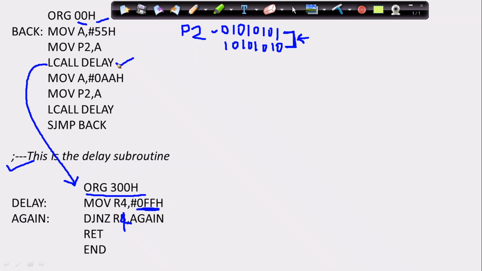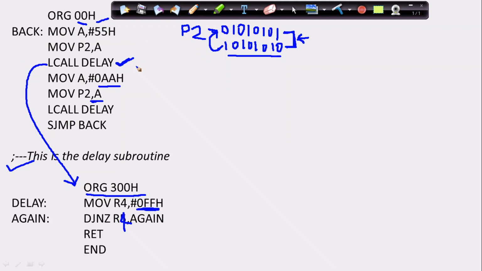delay has been called over here, and then again we are loading our accumulator with AA hexa, that is this value, and the same value we are sending to port 2. Okay, so here we are making our port bits something like this, and then we are calling some delay, and then we are making our ports to be like this, and then again we are looping it back to the same state, again delay, and then come back to the same position.